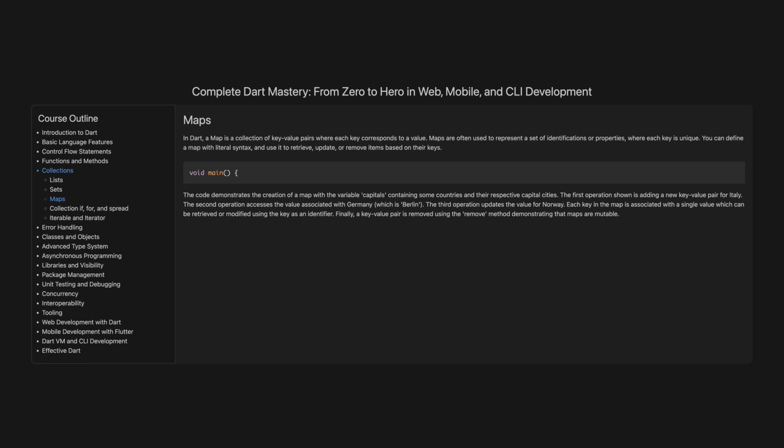Maps. In Dart, a map is a collection of key-value pairs where each key corresponds to a value. Maps are often used to represent a set of identifications or properties where each key is unique. You can define a map with literal syntax and use it to retrieve, update, or remove items based on their keys. The code demonstrates the creation of a map with the variable capitals, containing some countries and their respective capital